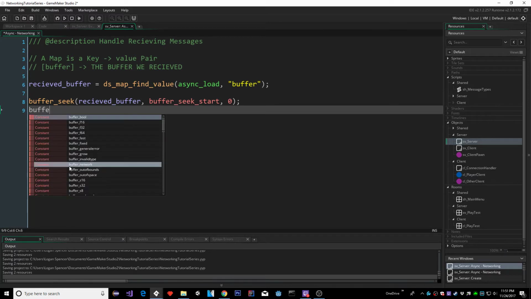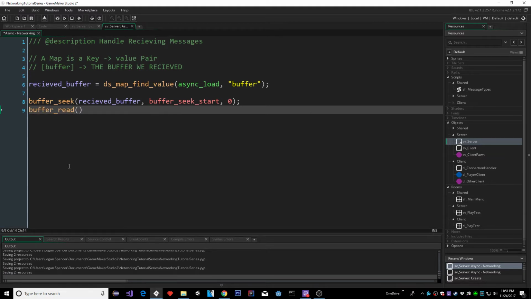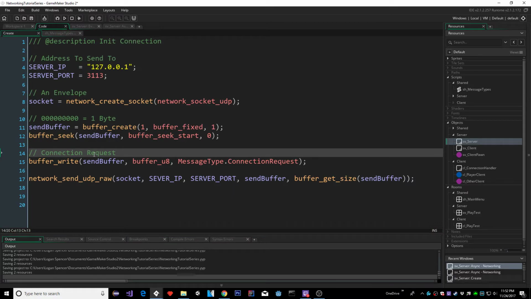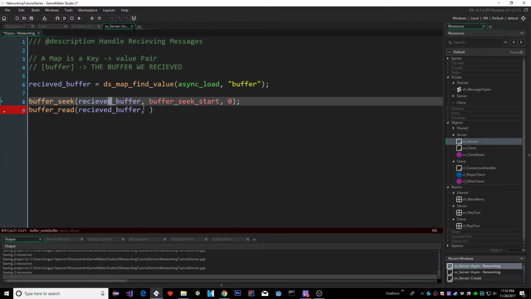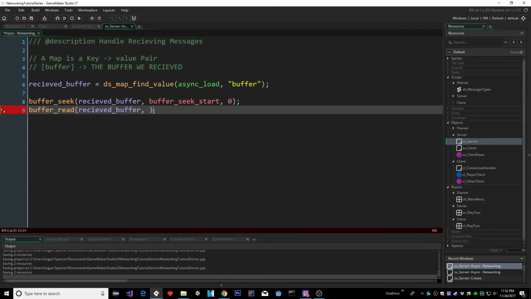We just simply do buffer read. We read the received buffer. And now we have to give it what type we are expecting. If we go back, you'll see that we wrote a buffer U8, which is an unsigned 8-bit integer. And that's simply what we're going to read out. So we're going to say buffer